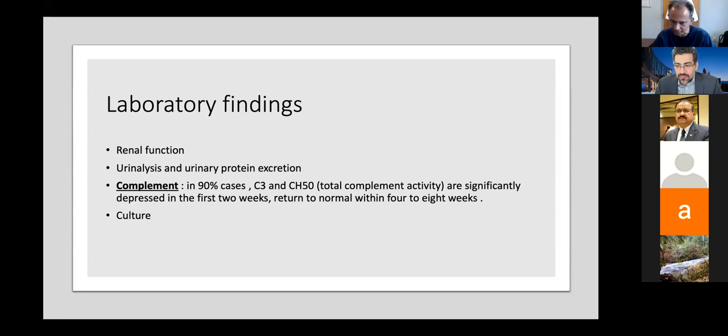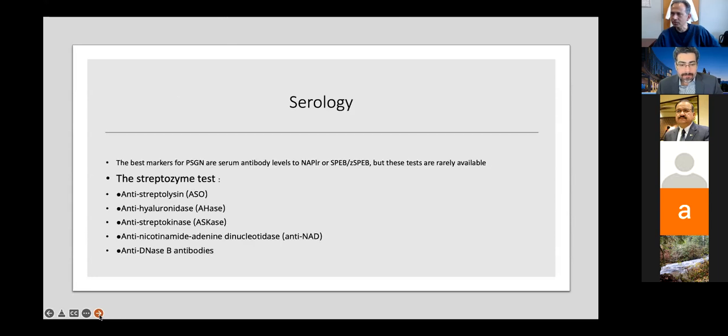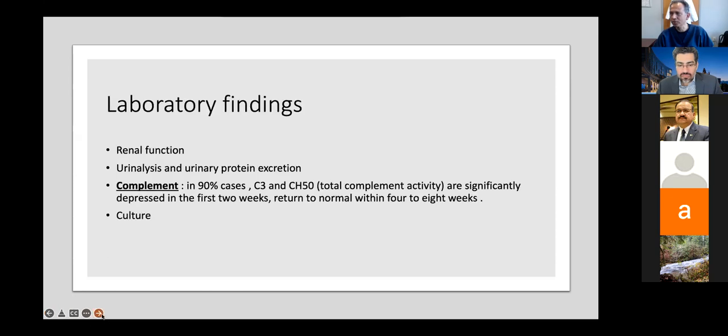Okay. So basically, these are the labs you order: renal function test, urine test for hematuria and proteinuria, and complement. For 90% of the time when you have post-streptococcus, because the lectin or alternative pathway is involved, you see that C3 is suppressed, while C4 is not suppressed most of the time. And you also order a culture, but post-streptococcus